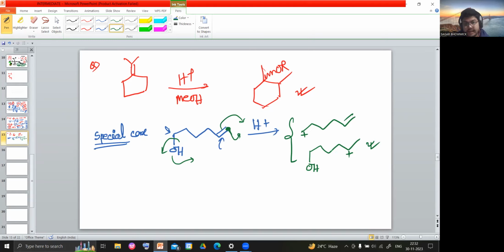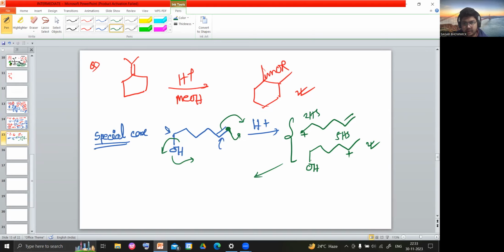If external nucleophile is given, carefully remember, then the product will be different, and if no external nucleophile is given, the product will be different. From these two, now which one is more stable? What do you think? This one has 2 hyperconjugative structures, and this one has 3 plus 2, 5 hyperconjugative structures,